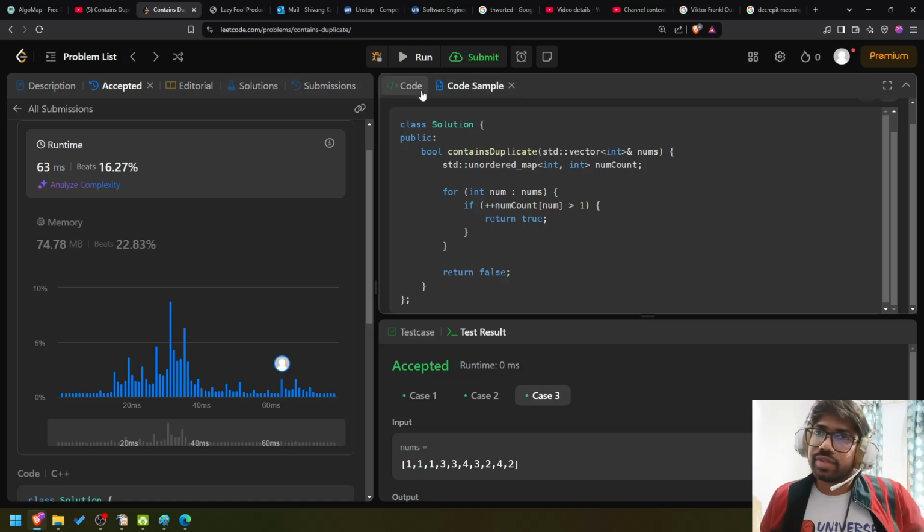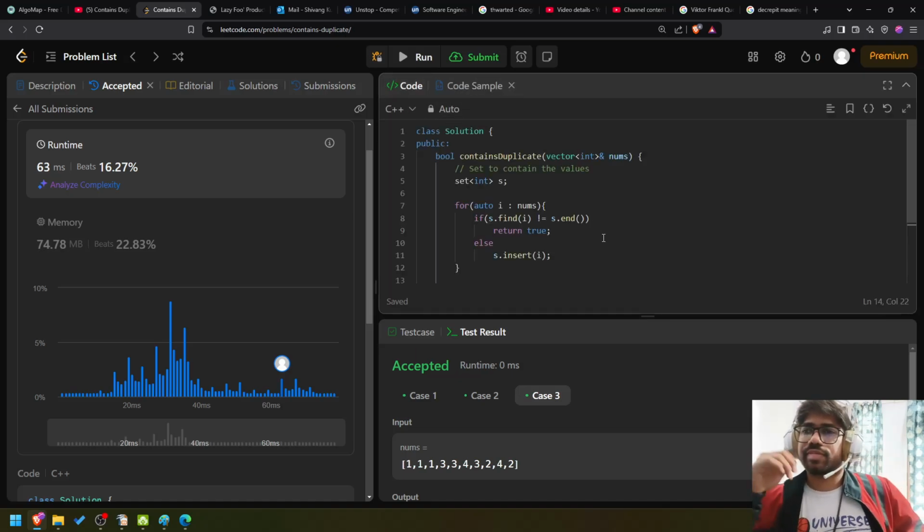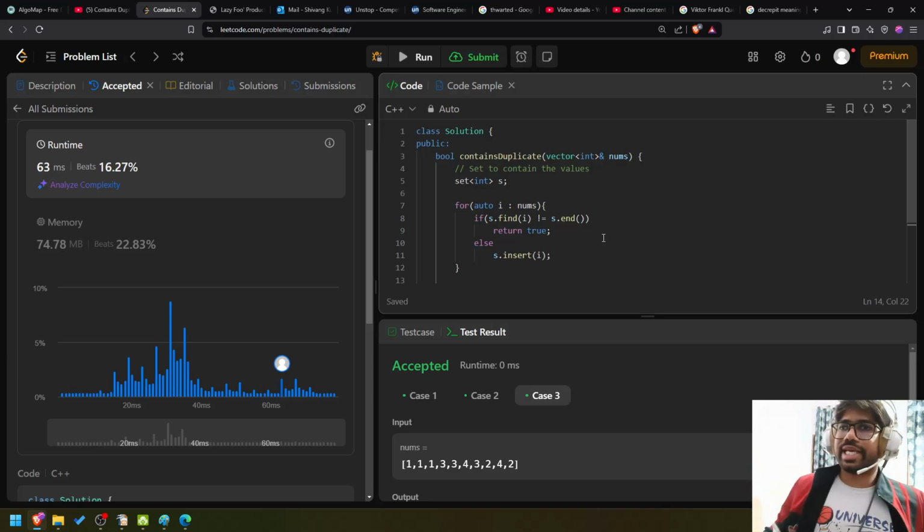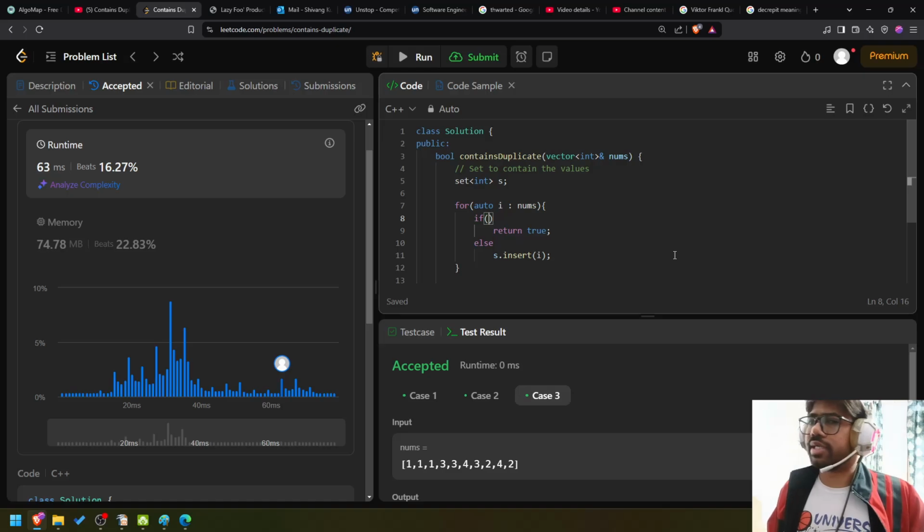I think what is happening is that I can use the same logic here, right? s.count(i) greater than 1,